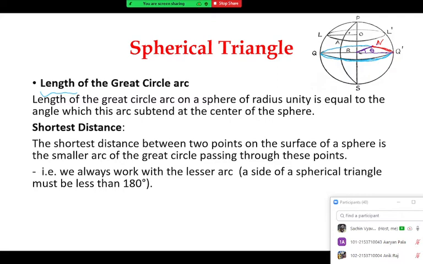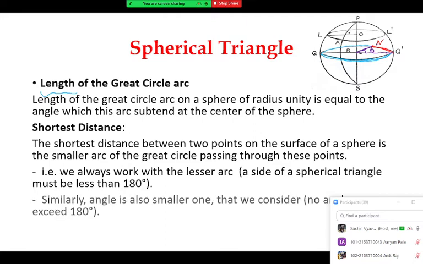Beyond 180 degrees, there is no distance or arc we have on the surface of the sphere. And what about minimum distance? This is trivial, obviously. So zero degrees. Yes, zero. Because if you have the same point, say Q and Q only, the length of Q with Q only is zero. So 0 degrees is the minimum distance, and maximum is 180 degrees on the surface of the sphere. That's correct.